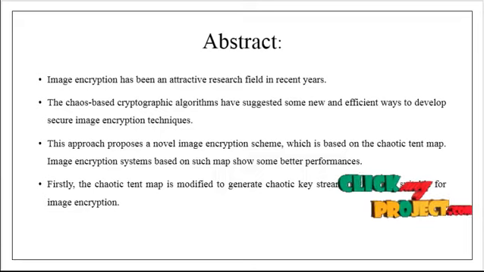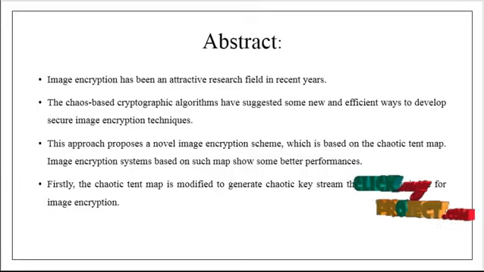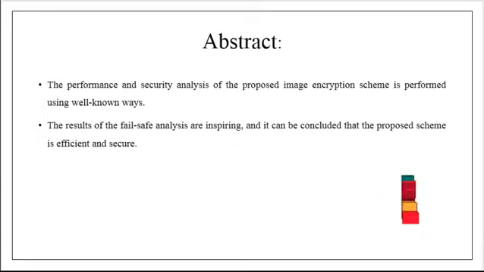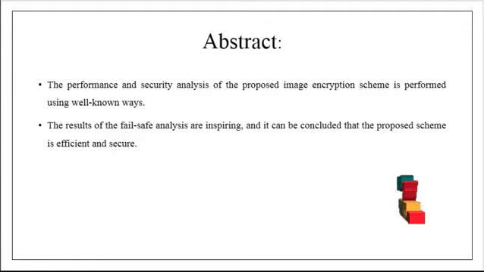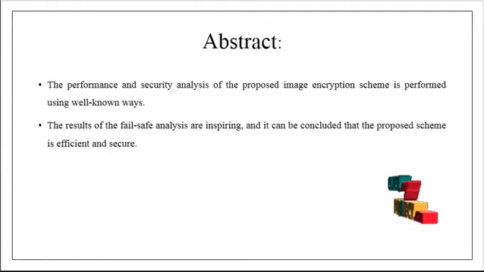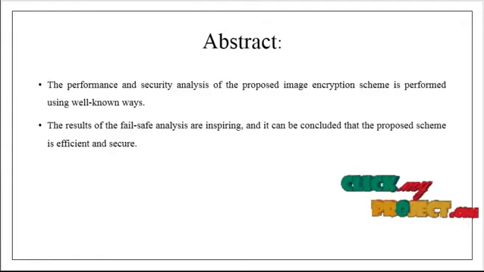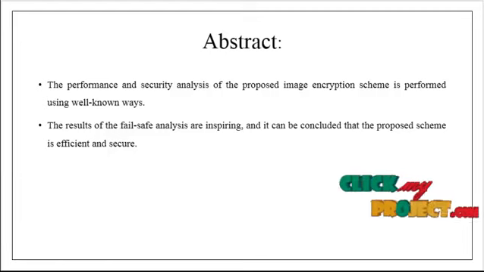Firstly, the chaotic tent map is modified to generate a chaotic key stream that is more suitable for image encryption. In this process, we are doing encryption, decryption as well as watermarking techniques to secure the data. The performance and security analysis of the proposed image encryption scheme is done in well-known ways. The results of the analysis are inspiring, and it can be concluded that the proposed scheme is efficient and